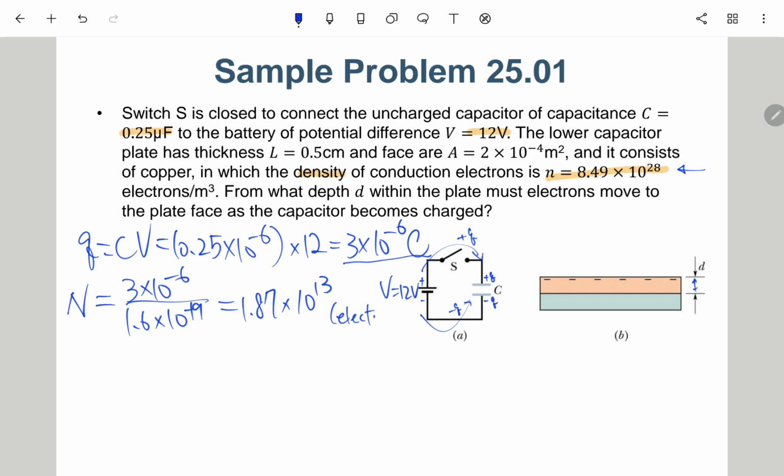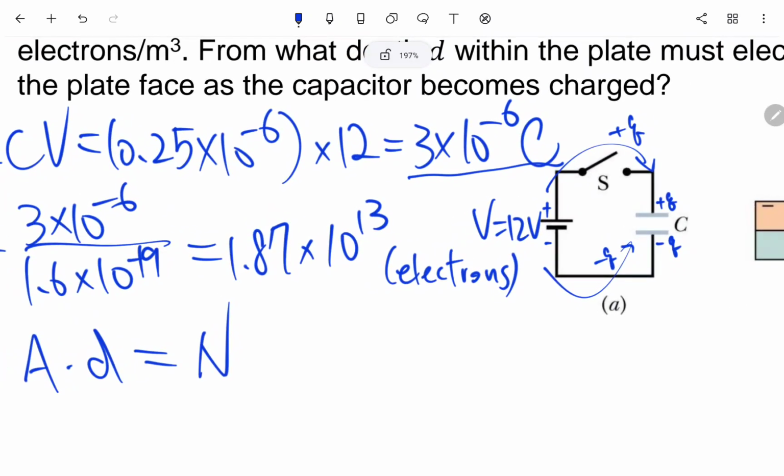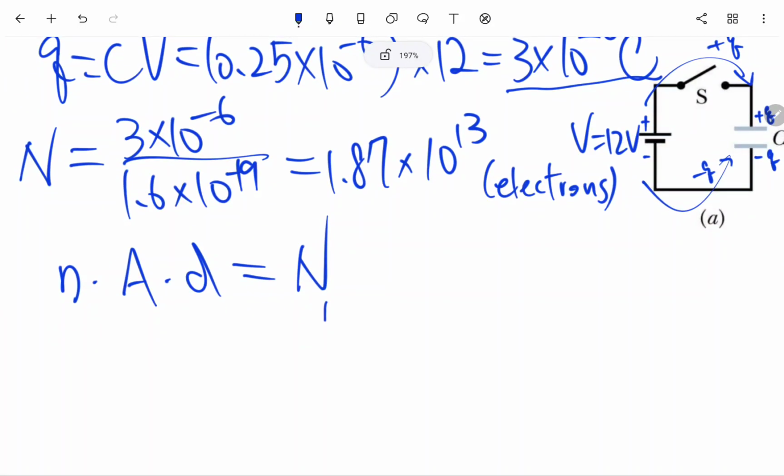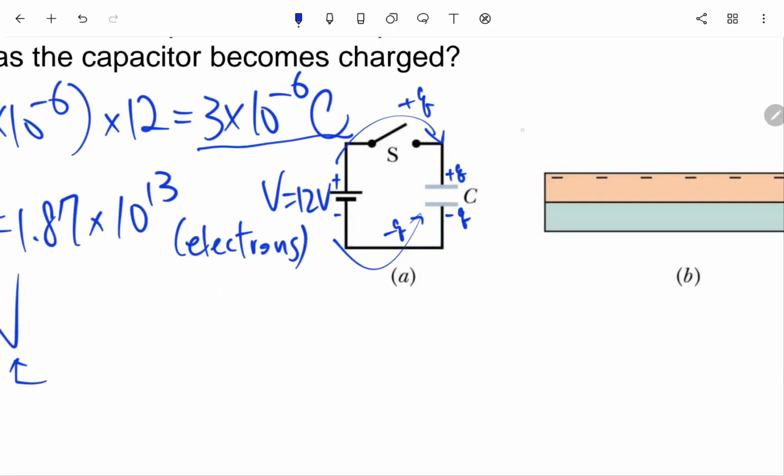OK, electrons. Although electrons are not really a unit, the parenthetical is just a reminder of how many electrons we are counting. Okay, so in that way, we would like to use n times A times D equals N. Okay, so this formula is easy to understand. This is the total number of electrons here. So there will be N electrons